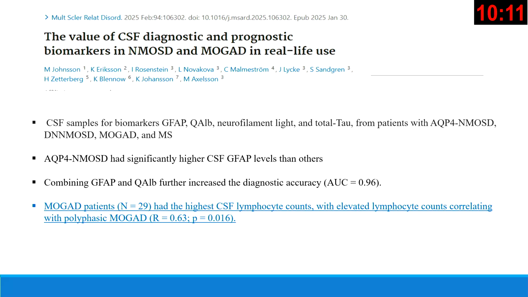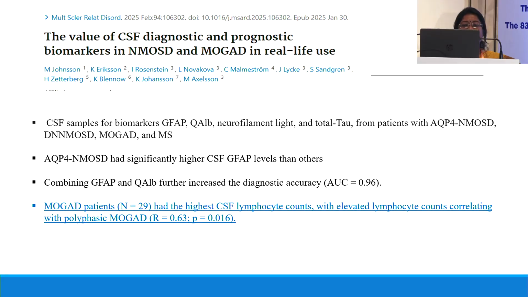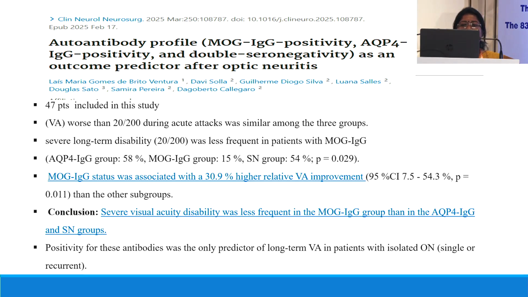These CSF samples were analyzed for GFAP, the albumin quotient, and other markers, and they found that MOGAD patients had high CSF lymphocyte counts, particularly correlating with a polyphasic event. MOGAD can even have multiple relapsing events, unlike in children, where they will have more of an ADEM presentation. So the antibody profiling regarding the MOGAD, NMO and the double seronegative, these groups they also